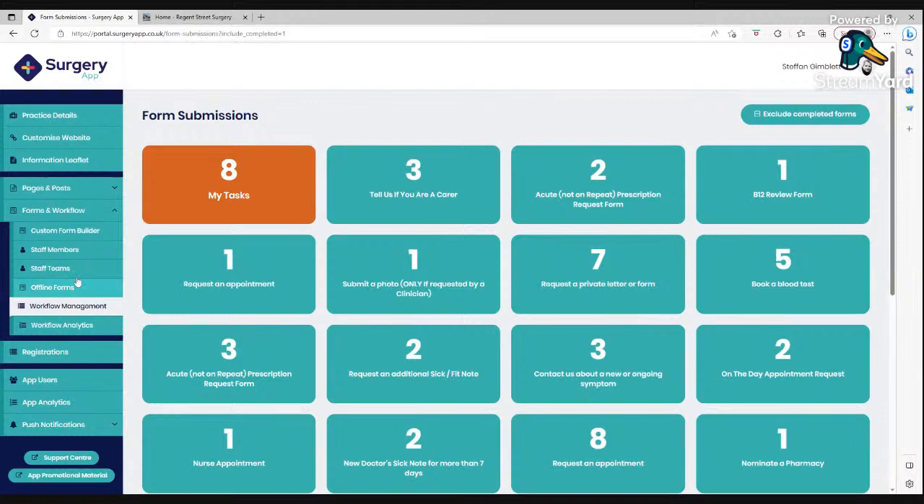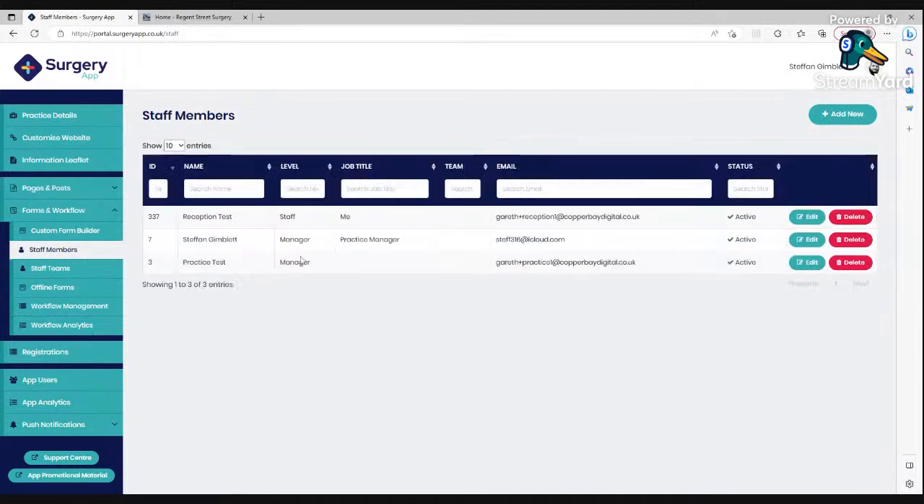Now, like I said previously, your manager or your practice manager will have set up with us as a team your staff teams, and then added on staff members and allocated you to a staff team. One other thing that we can show you here: some surgeries would like everything to be processed through the